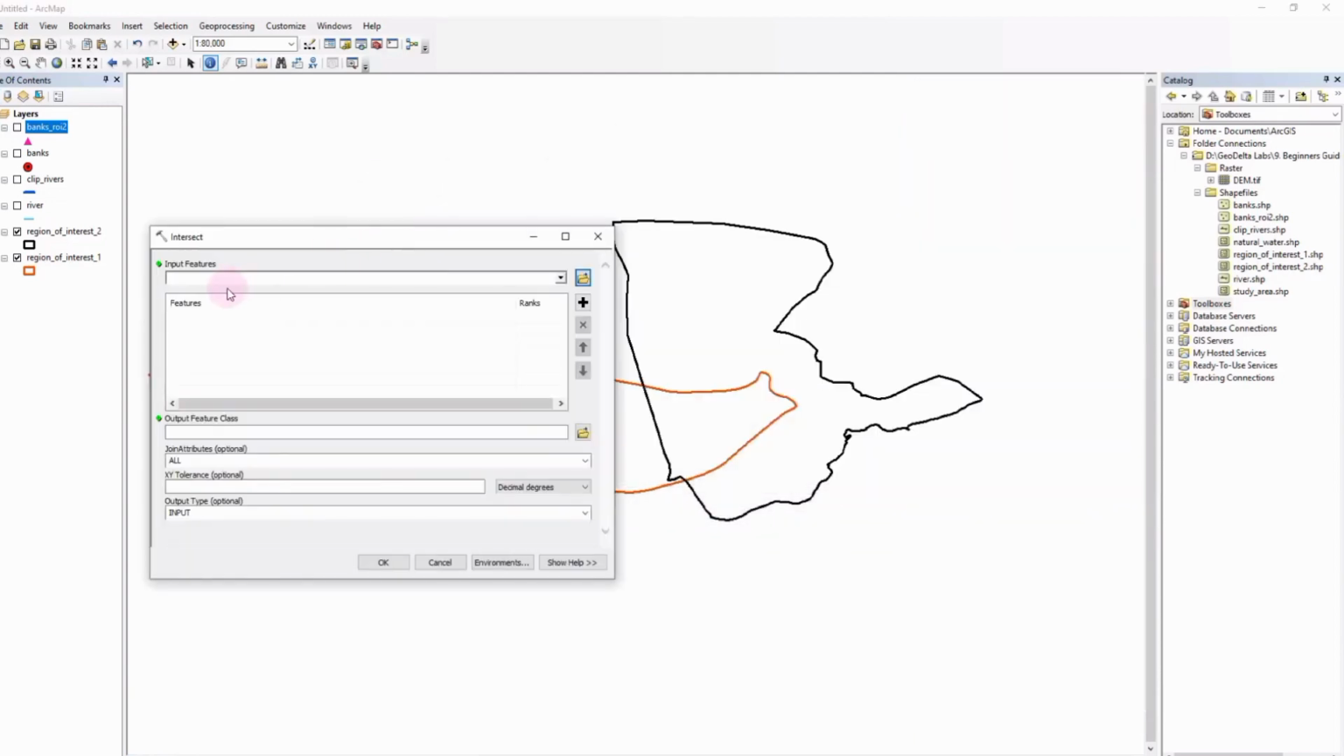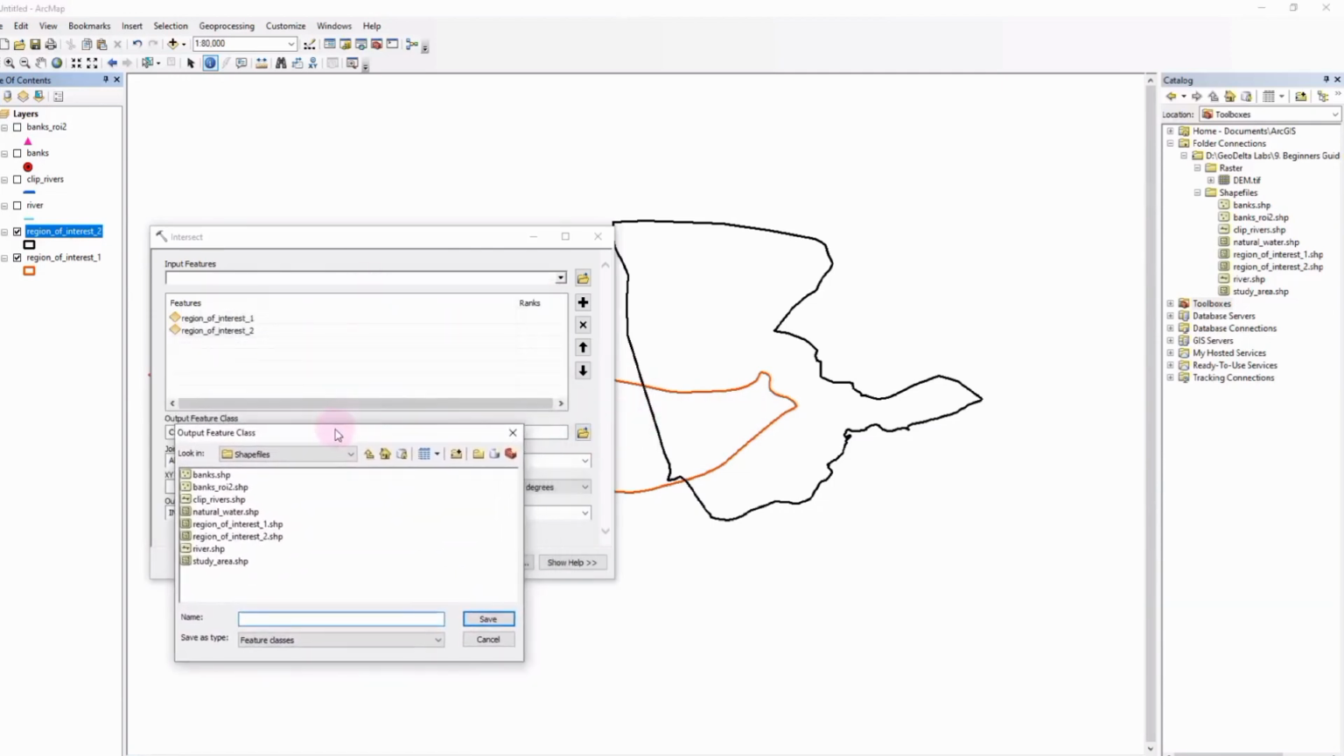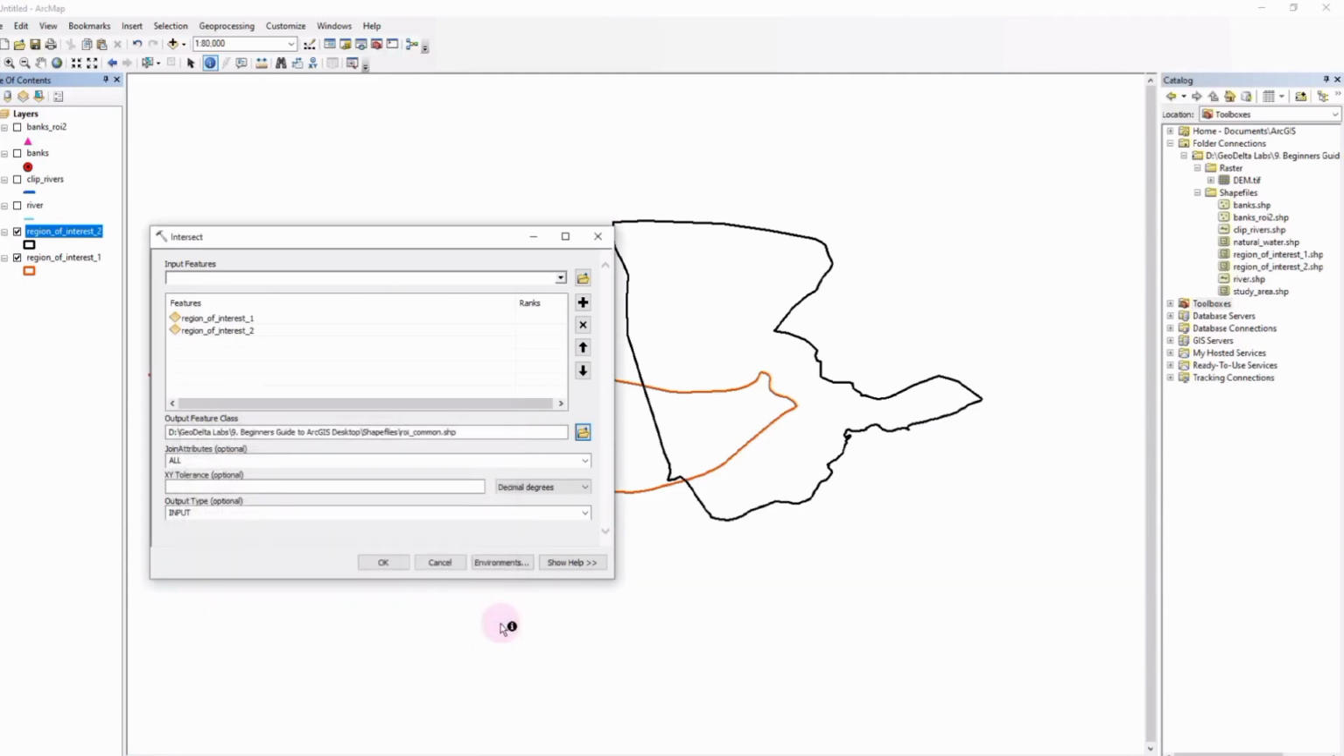And after that, I will specify my input features. Now over here, for the intersection to happen, I have two input features, of which the first is the region of interest 1, and then I also have the region of interest 2. So these are the two layers which will sort of get blended together, and it'll extract only the spatial areas which are actually common to both of these different layers. And again, I'm going to specify the output to be region of interest common like this, and I will save that,